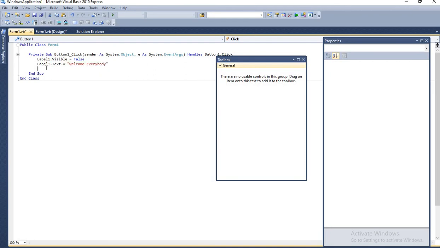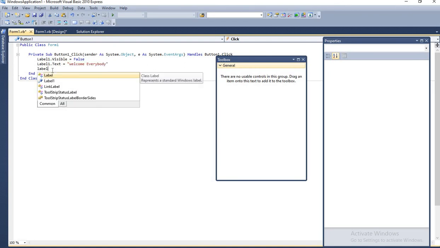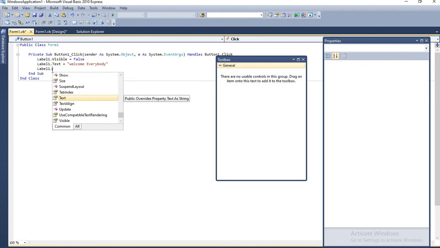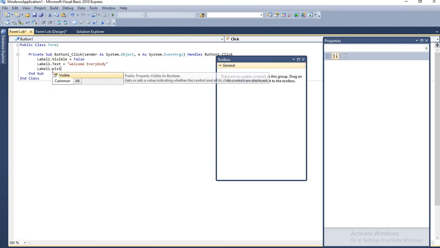The next one is label1 dot, which property? Visible. Visible equals to true.